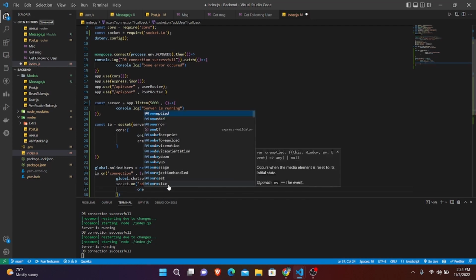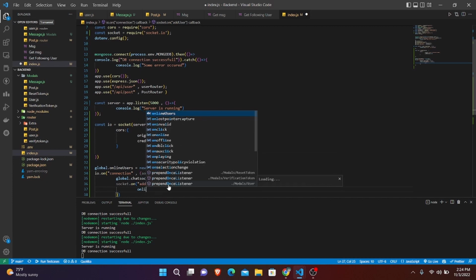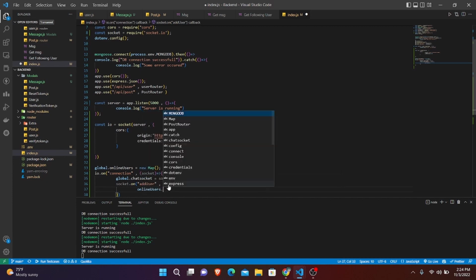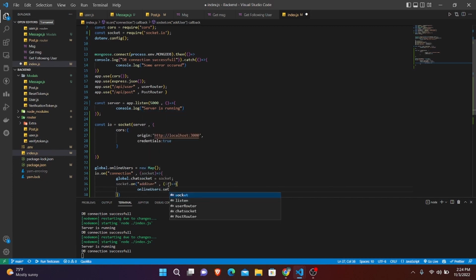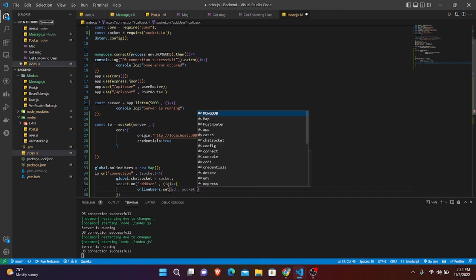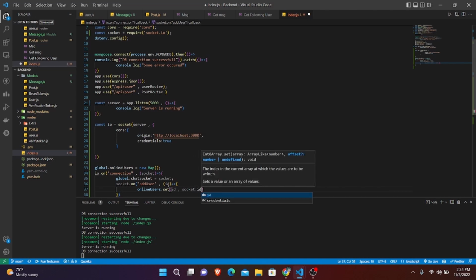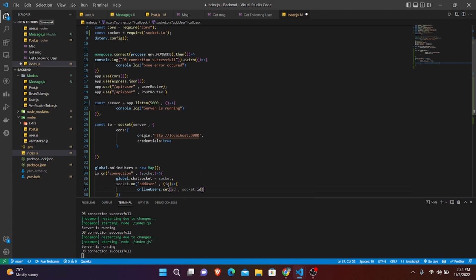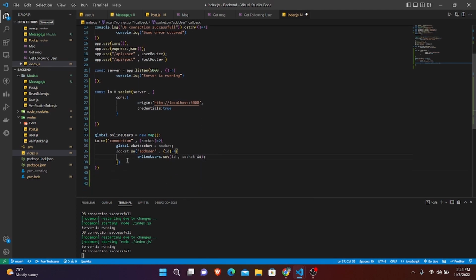So let's write onlineUsers.set(id, socket.id). After we successfully add our user,